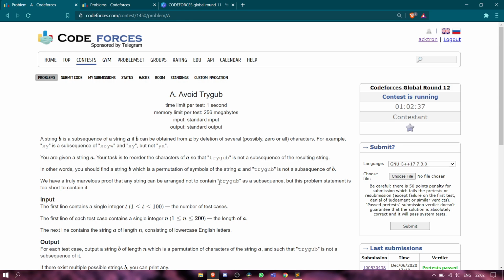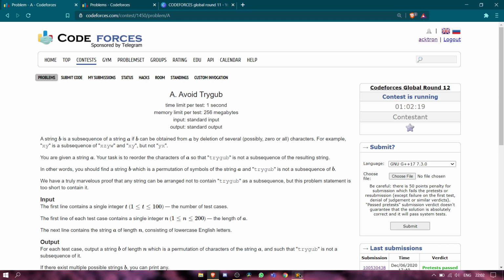Okay, if it is not in first, then only we can make our string B. So what we will do here is, my logic is that I will print all the B's in string A at the first, and then I will print the rest of the string without B.